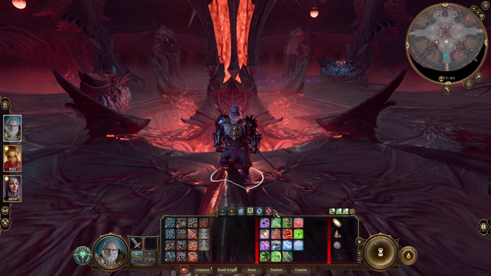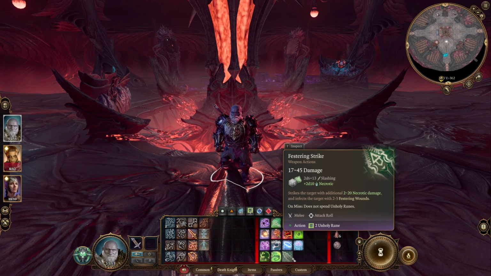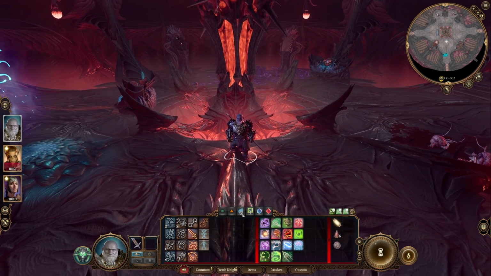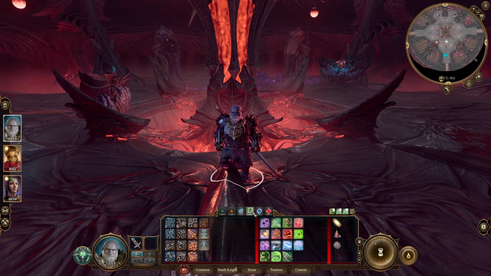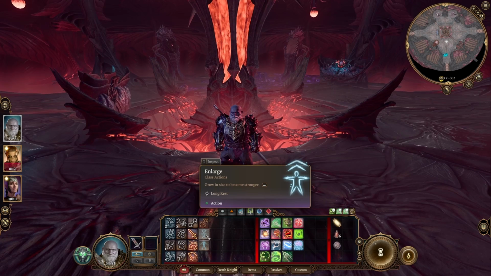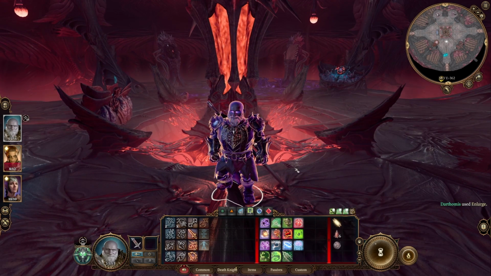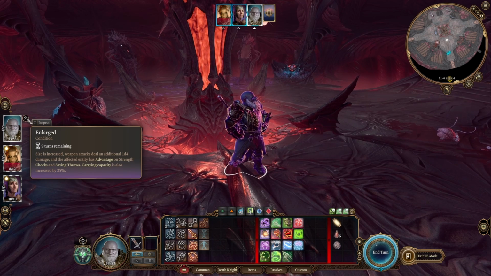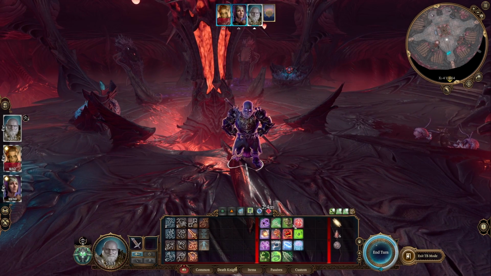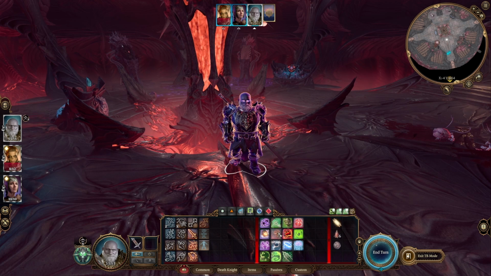This is an Unholy Death Knight. He'll have 4 Unholy runes, and he will have more Unholy spells. Death Knight is a really, really cool character. Also, he will have Enlarge, which is a class action, so he can grow in size to become stronger. So now we have a very big Death Knight. So yeah, Death Knight, a really, really cool class, and I like how the modder used all the icons from